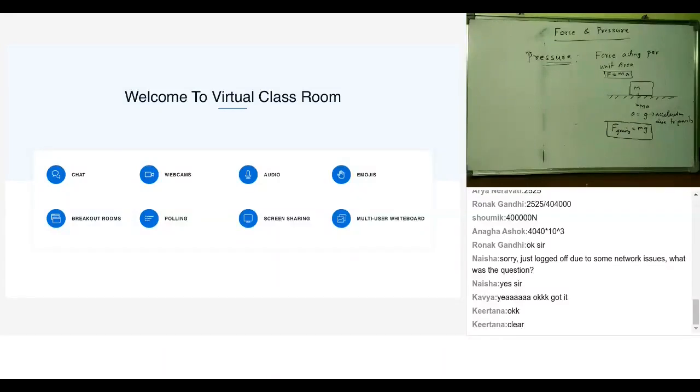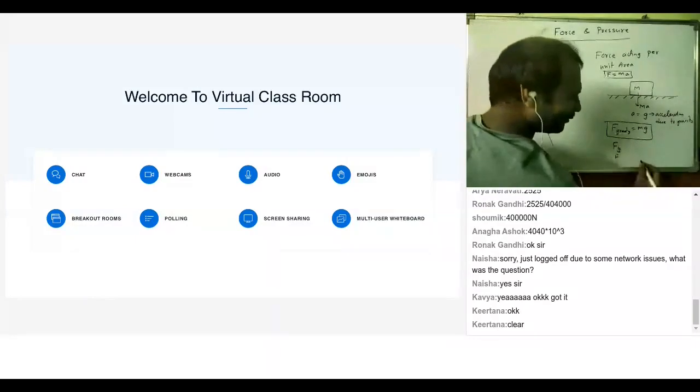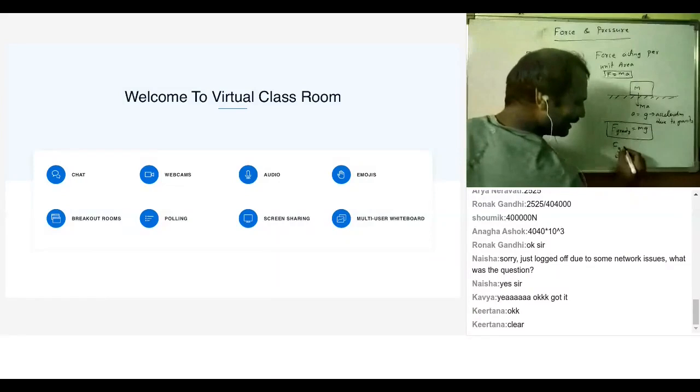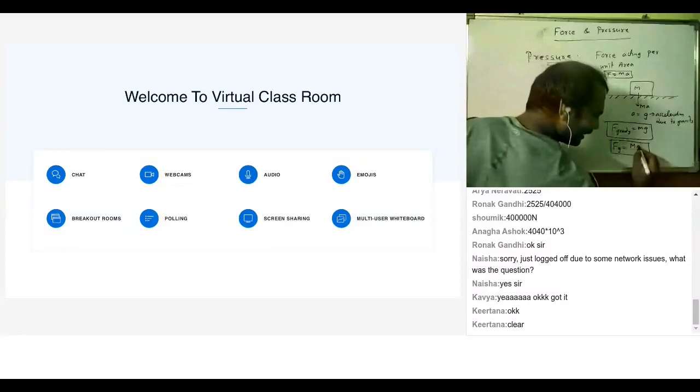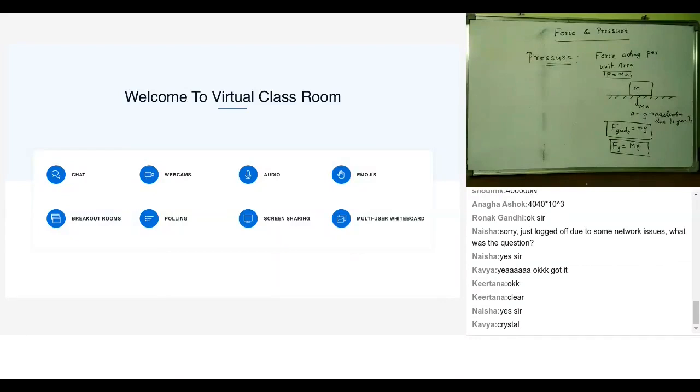Sir, then can we write Fg is equal to mg? Fg, yeah, fine. This is just to tell you that you write it as Fg, Ronak, or write F gravity. Fine, anything, it doesn't make a difference, but make sure it is clear. So Fg is equal to mg on Ronak's advice. I hope it's fine now, all of you. Fg equal to mg, where g denotes acceleration due to gravity. Is that clear to all of you? Any doubt in this? No, sir, no doubt.